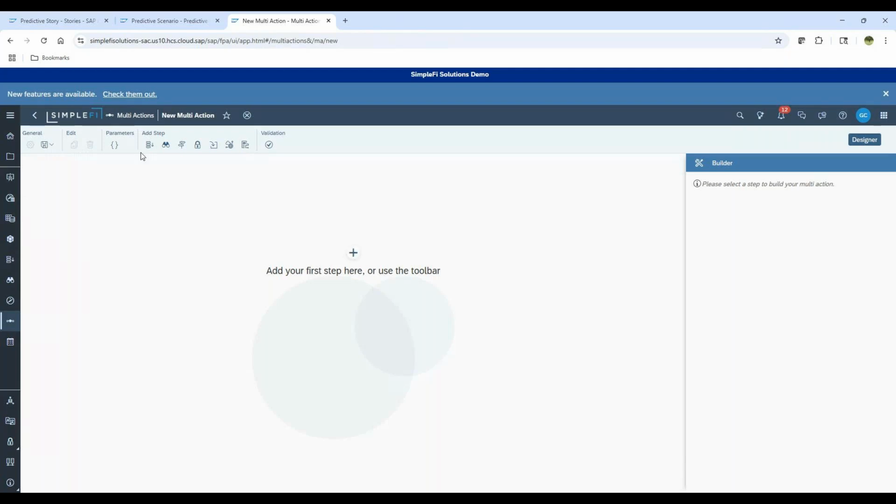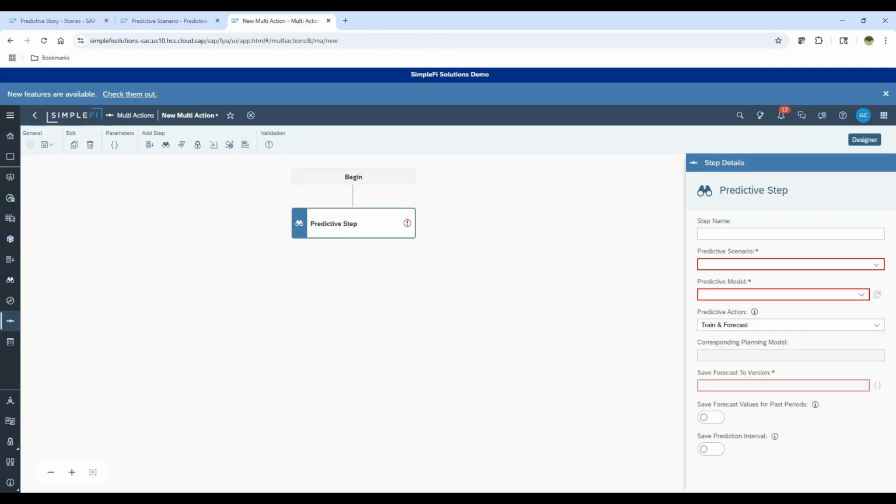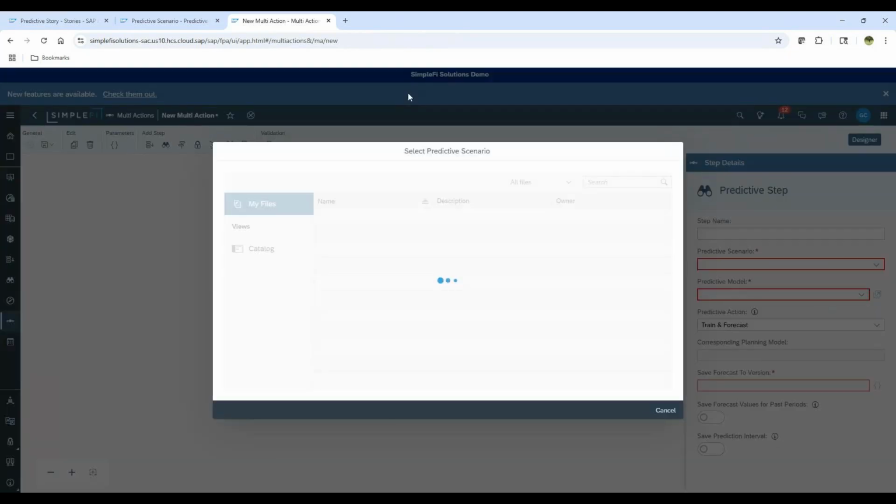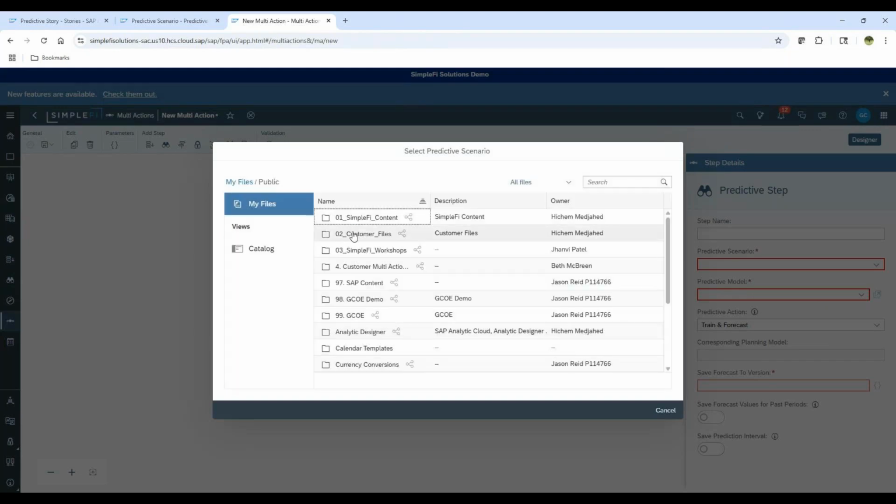Okay. And here, when you create these multi-actions, right, you can select a data action, you could select a predictive step, you can select version management, all this stuff that you get with these multi-actions. What I'm going to do is add those predictive models that I created into this multi-action here. So I'm going to say, okay, predictive scenario is going to be